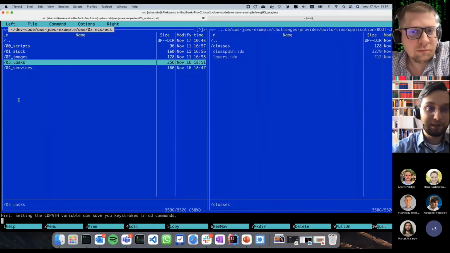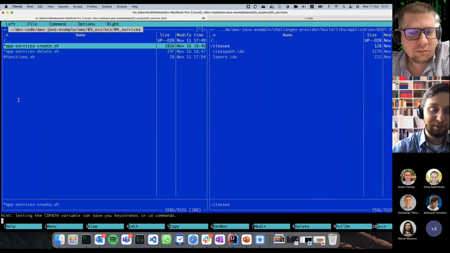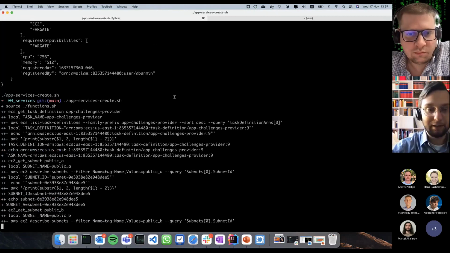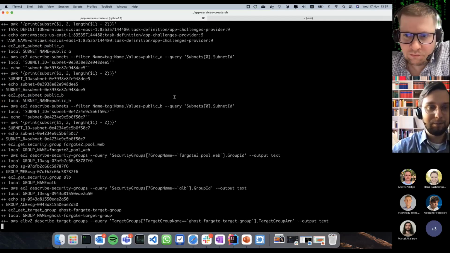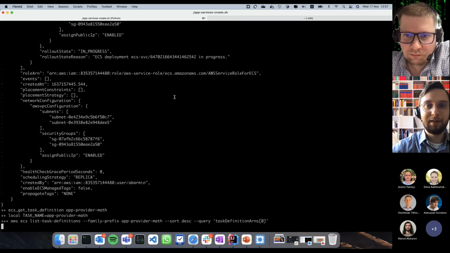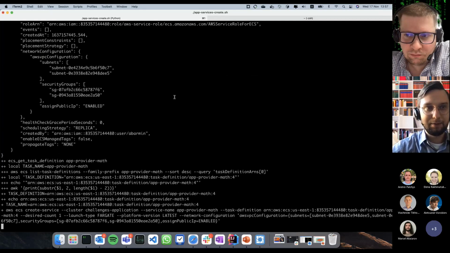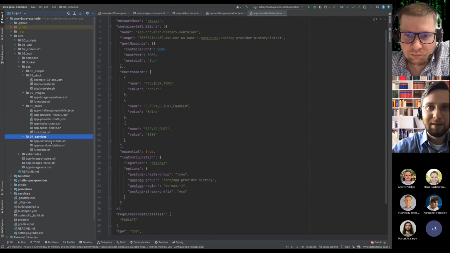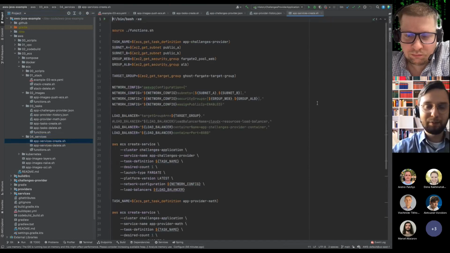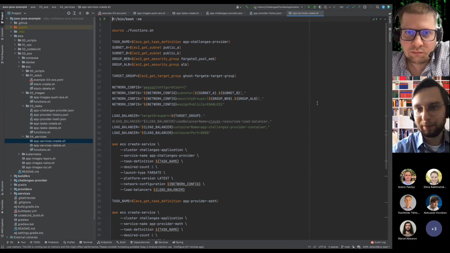What I need to do next is create services, because services are the building blocks of my application. And in order to create services, it is not as simple as it seems. So this is the bash script which creates services in the cloud. I was a bit surprised that this is almost a single way to create services properly, because